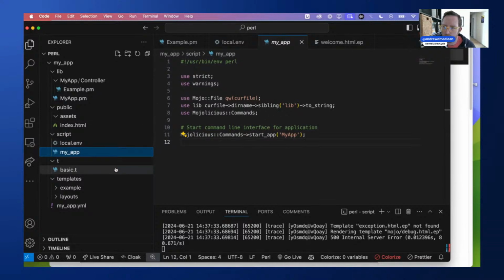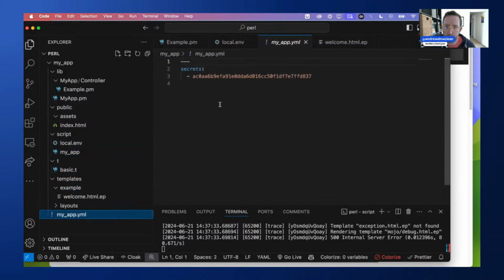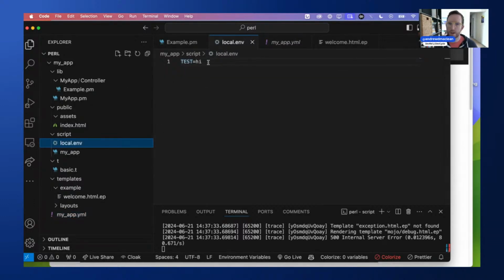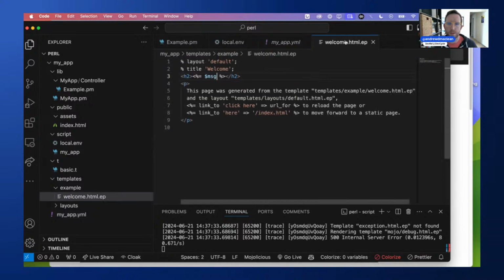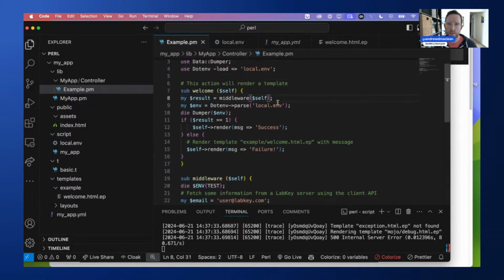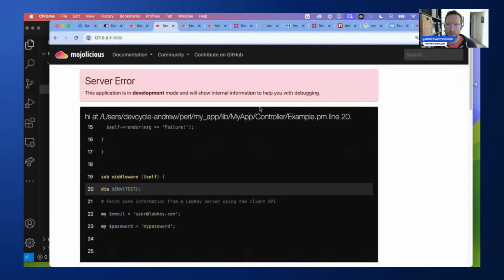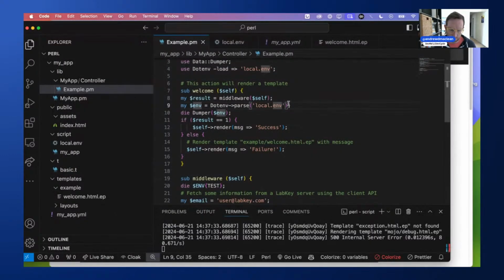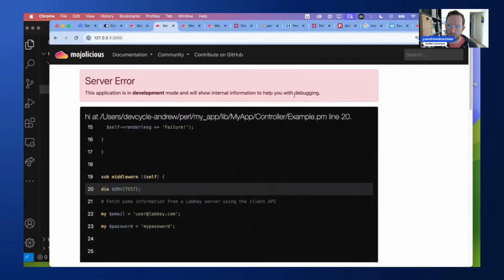Where were the secret stuff? No, example layouts, my app. Oh, no way. Really? Whatever. It's still not going to let me hide it. But I want to parse just a specific .env parse local.env env